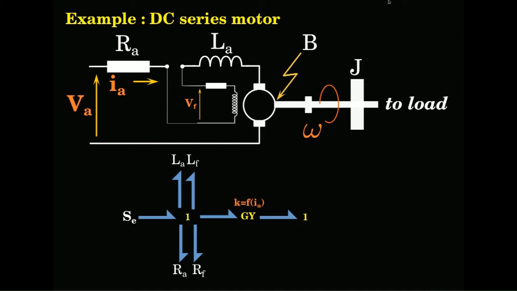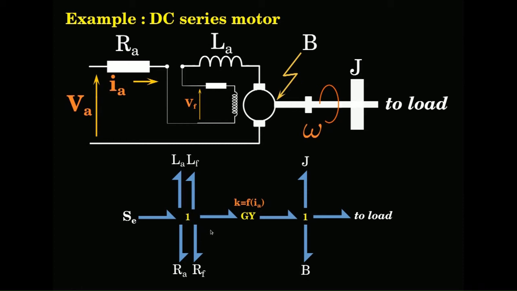Now this side also has one junction, very similar to your other DC motor mechanical part. You have the inertial component J, you have the B, and you have the load. I am just drawing it differently to show you that it is independent of the angles at which you place the bonds. It really does not matter, you can put it in any way as long as they are connected to the junction.